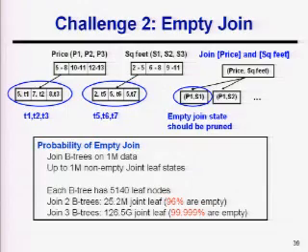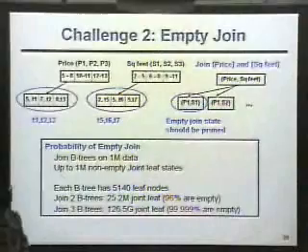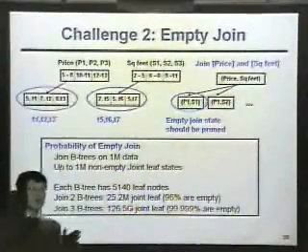So the second challenge is how we can identify the empty joins. For example, if we join B trees on 1 million data, because the data are exclusively distributed in different join states, we can conclude that there are up to 1 million non-empty join leaf states. No matter how many join states there are, only up to 1 million of them are non-empty.